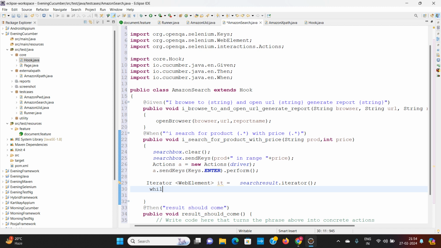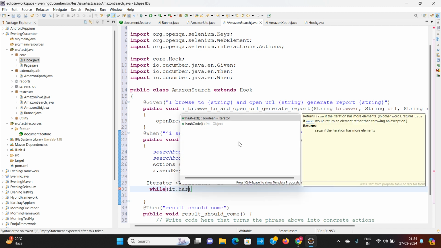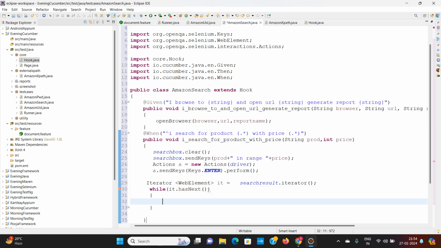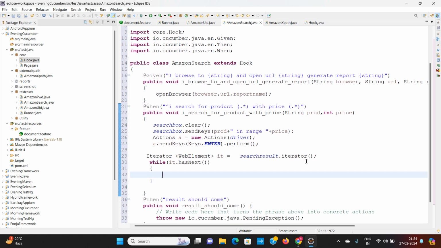All these things we have done before also in my program. While it dot has next, it will iterate the web element one by one, because it is returning the list of web elements.